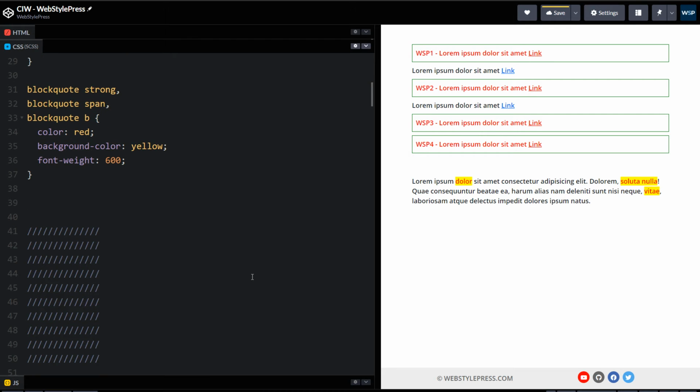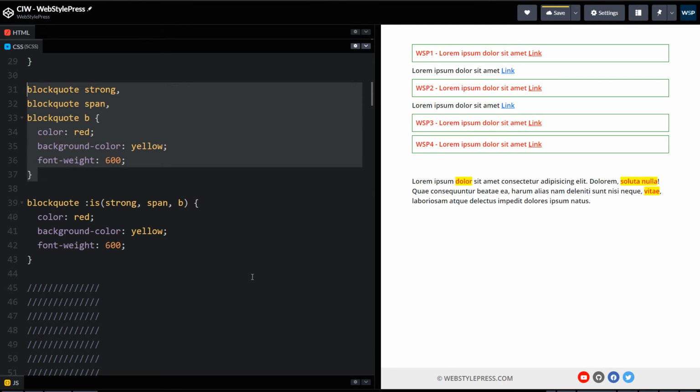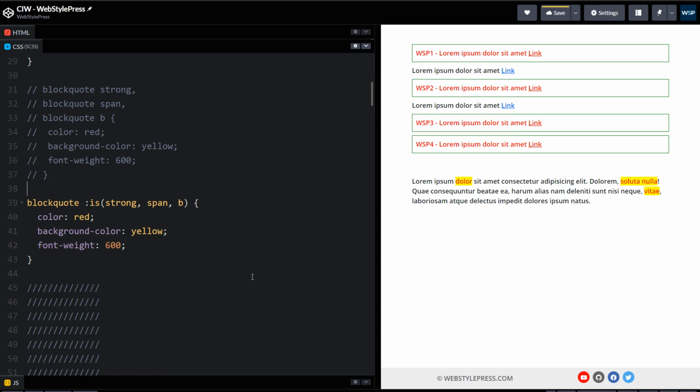But we can also write it like this. Blockquote :is(strong, span, b), and similar styles. We'll comment this out and it will have the same output.